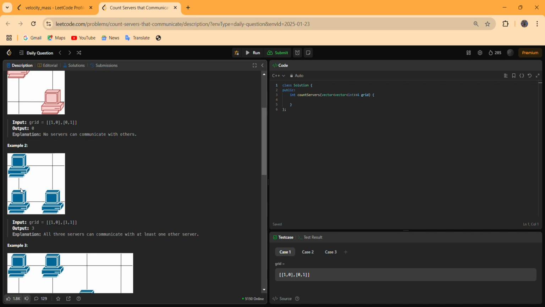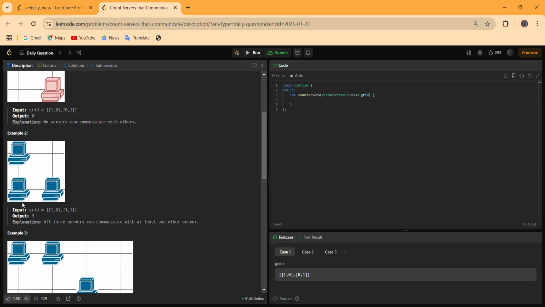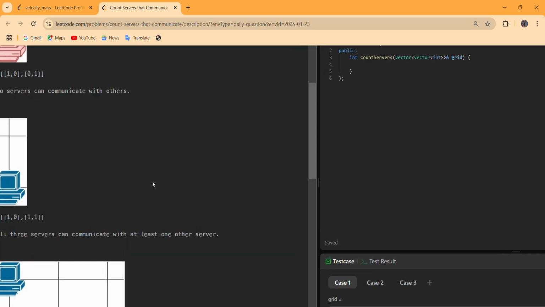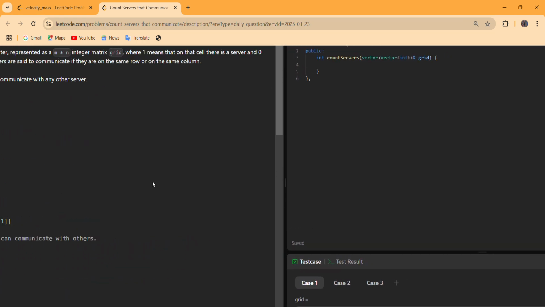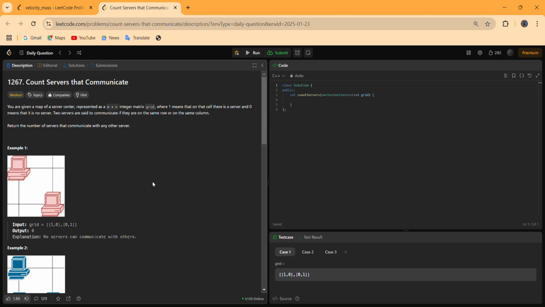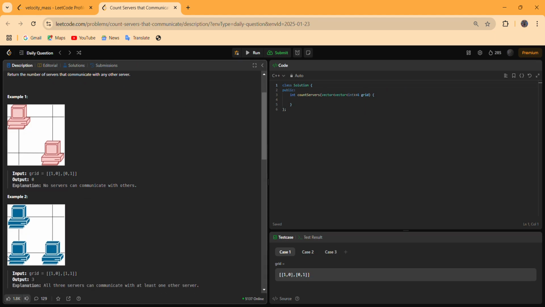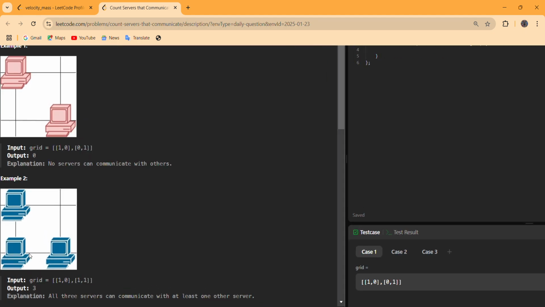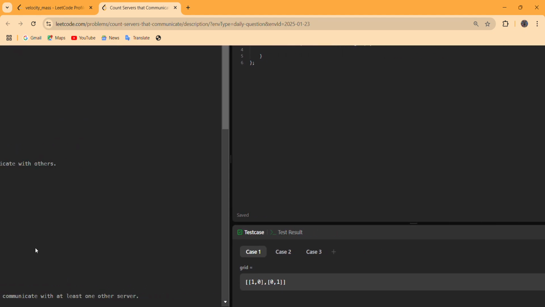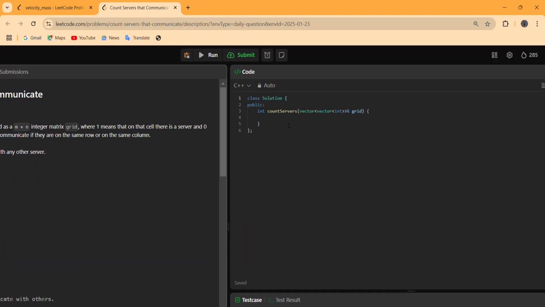But the found server was previously visited by another server, so we cannot increment our count this time. We will take care of any duplicacy of previously visited servers by keeping track of the visited status of every cell. So if we code this,